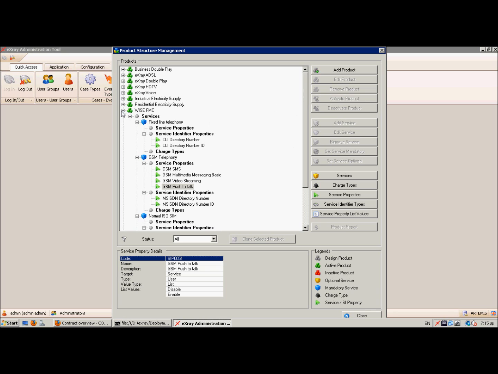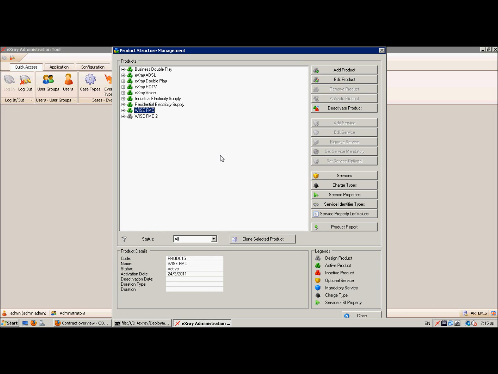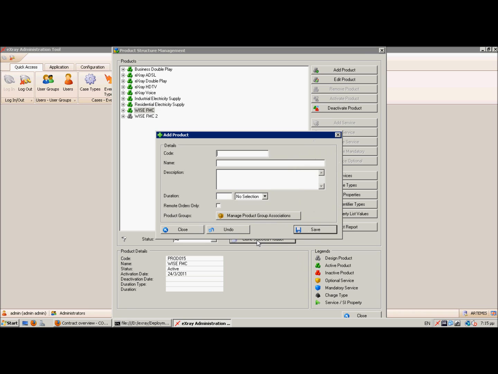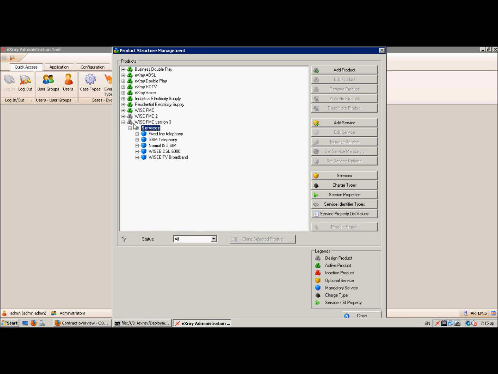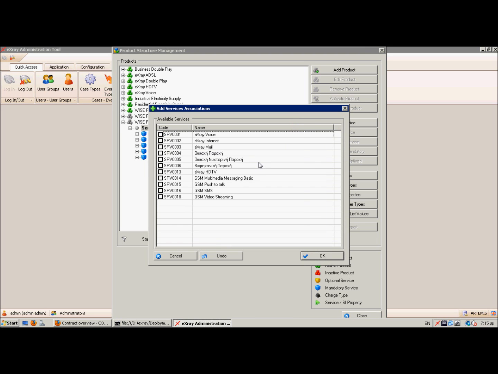Again, we have versioning here. The product can have a version, and you can clone it and create a new clone as a subversion of it. Let's put this, and this is an initial product that has the same concept, and let's say that we will put a new additional service here, which is, let's say, high definition TV instead of video streaming, or its email service,